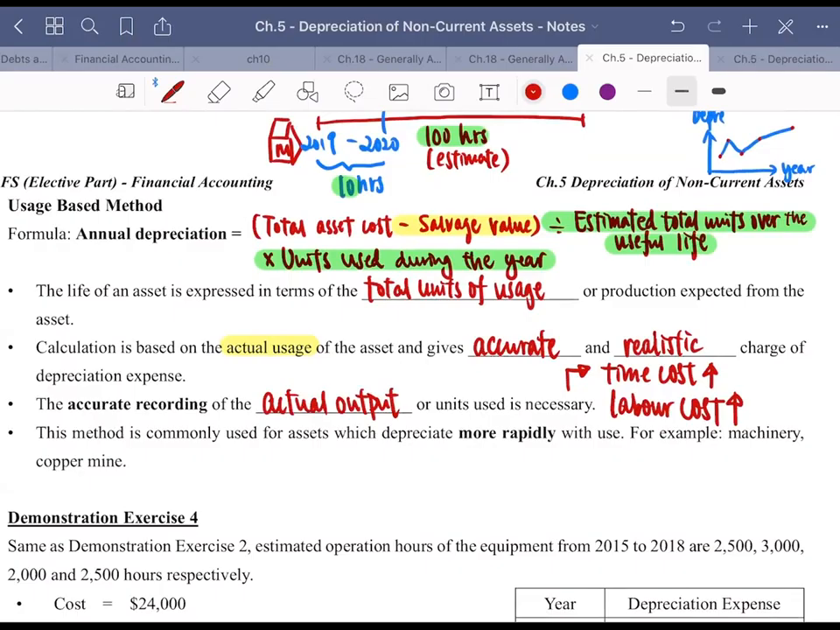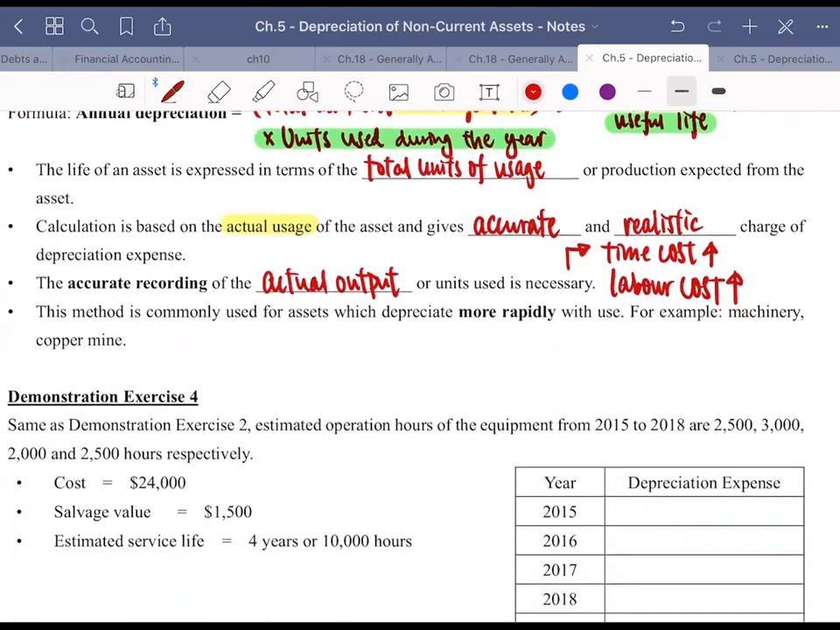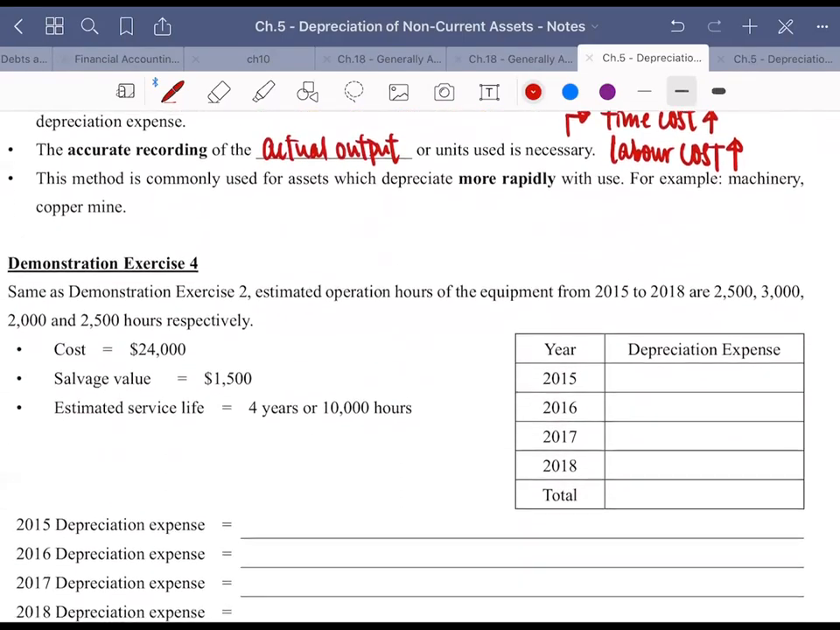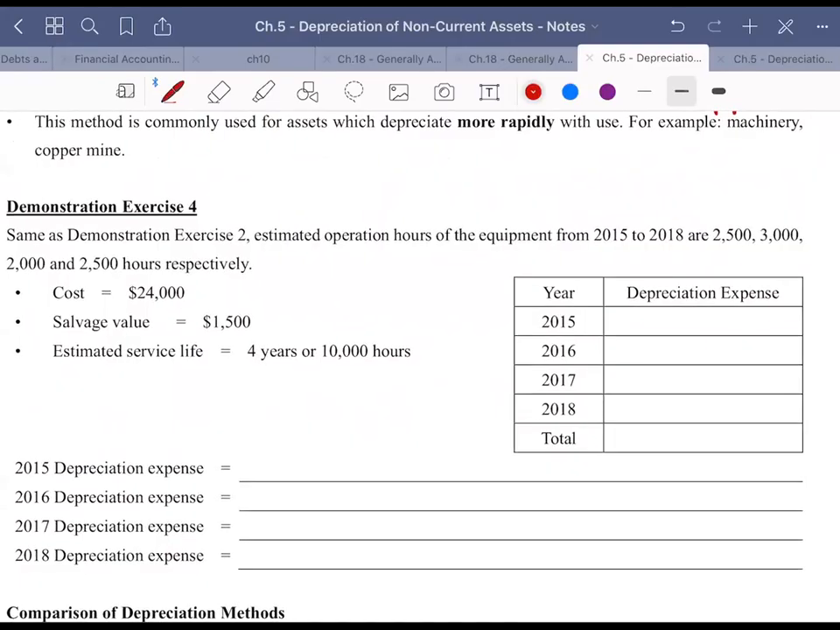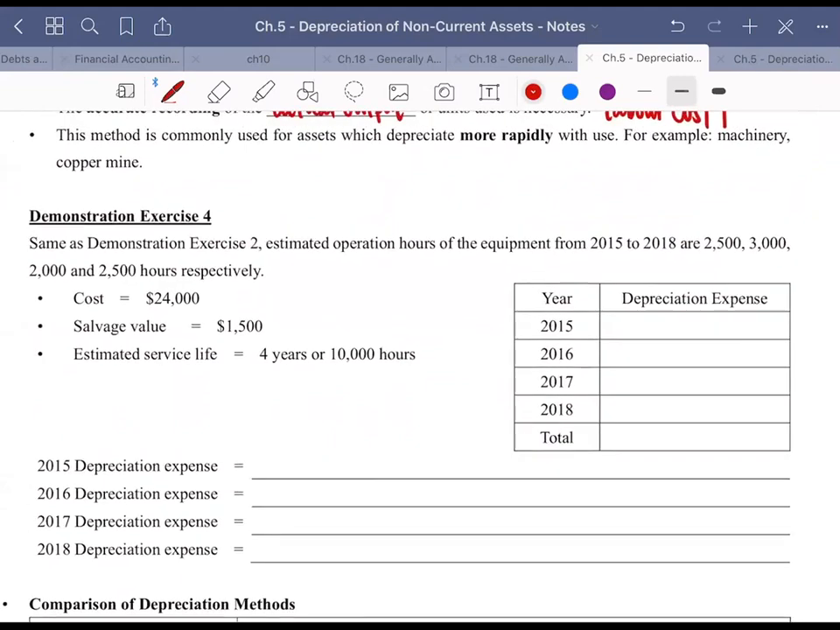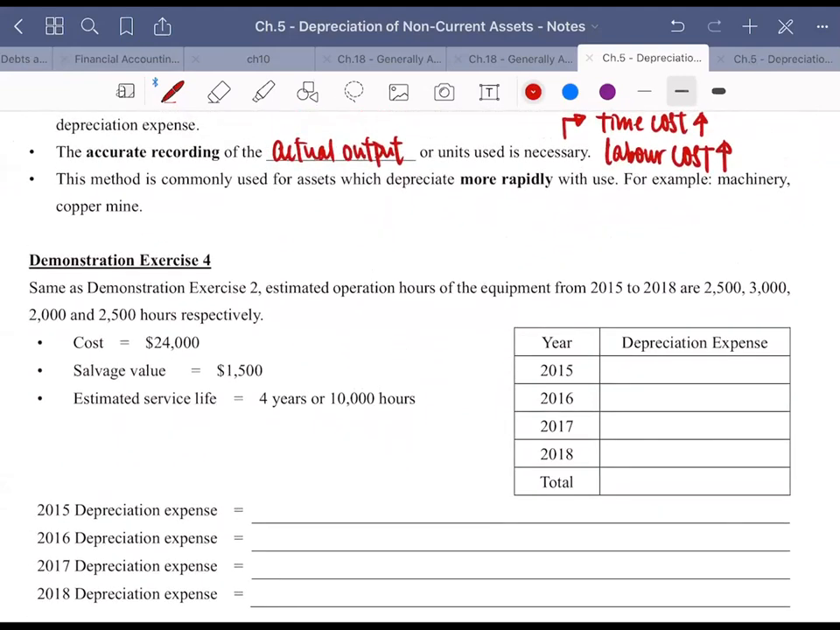If no, we're going to continue to the demonstration exercise 4, which is similar to the demonstration exercise 2 and 3, but this time we're going to use the usage-based method to calculate the depreciation. So, as we have mentioned just now, we are going to use the actual output, or maybe the outputs for each year